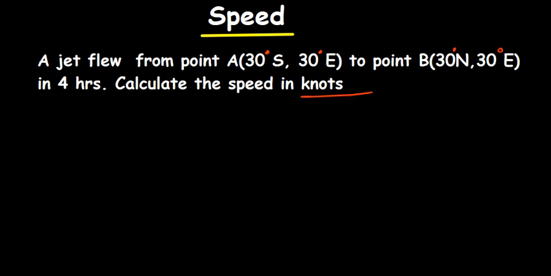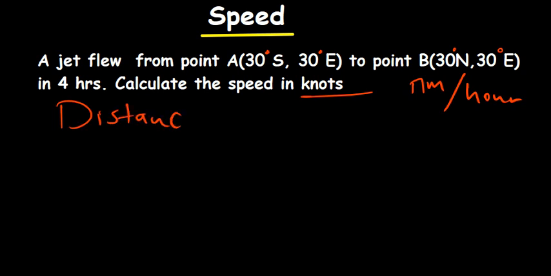So when you look at the word knots, don't be shaken. This is a very simple word. It just means nautical miles per hour. Okay, so the first step is just to determine the distance. We understand speed is distance over time. So if we can find the distance,